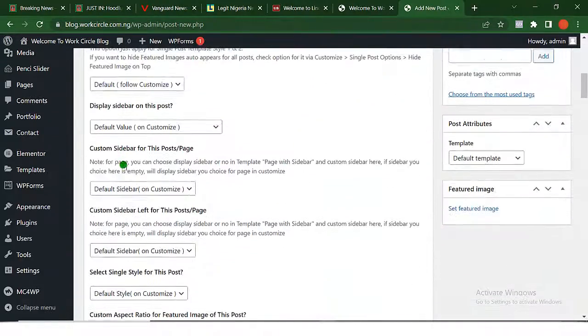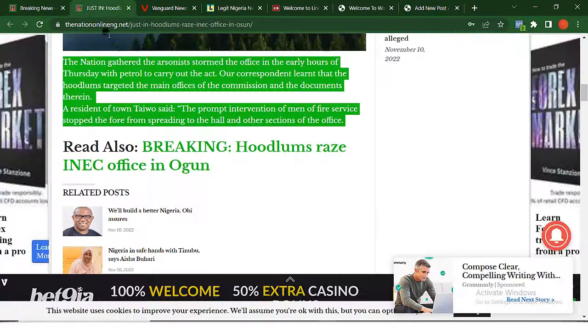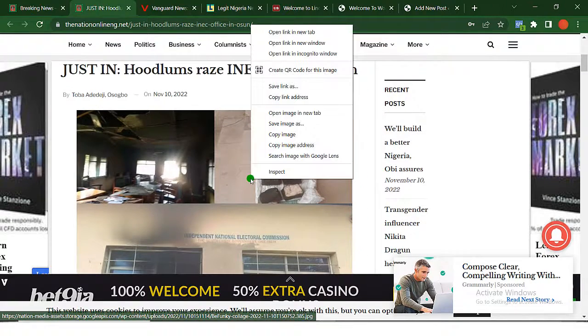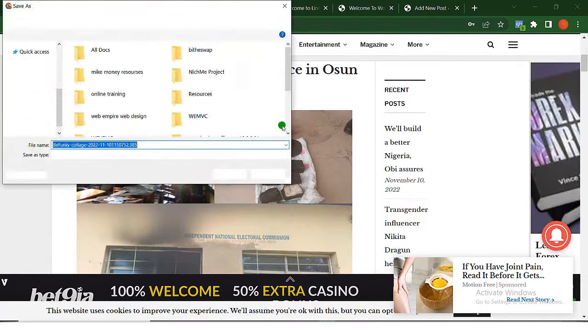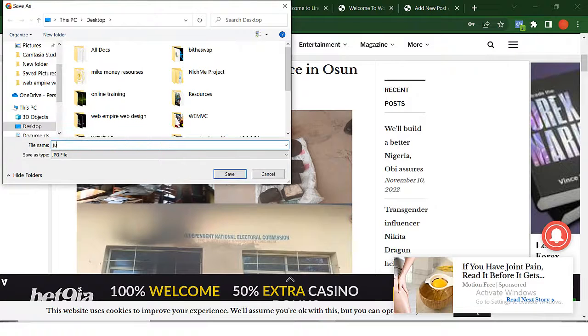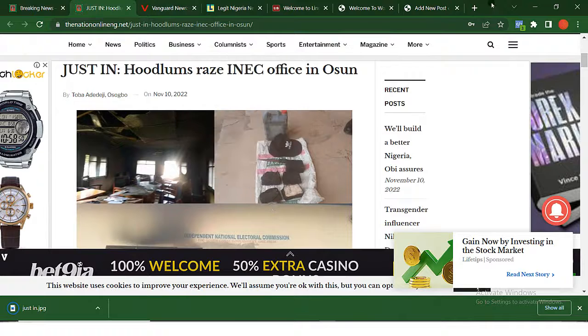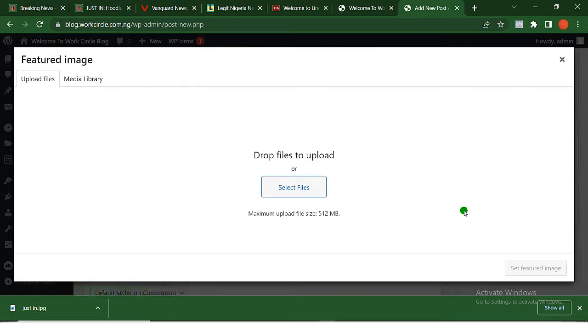Alright, this is what the news looks like. Then for our image, we are going to set a featured image here, which is this image. So we just download this, save image. Alright. So to upload our image, we come to set featured image, select file,